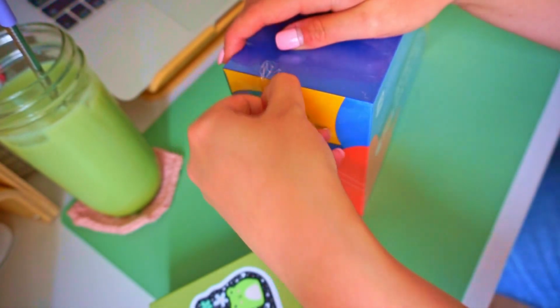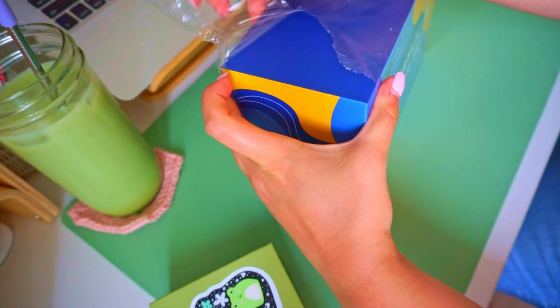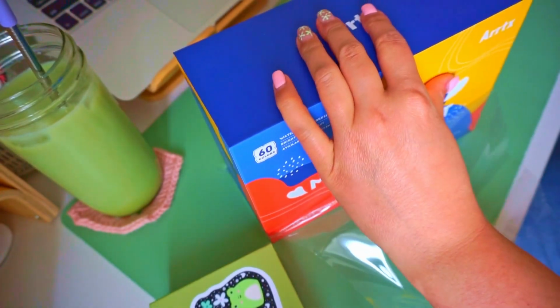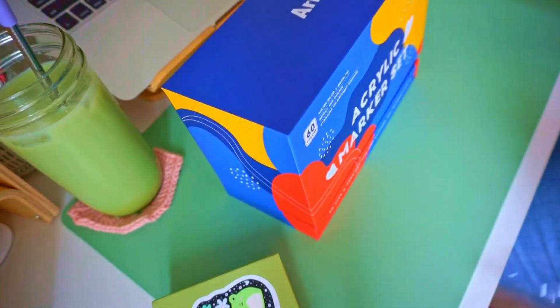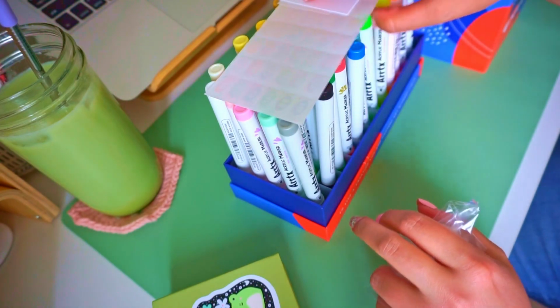And I got the Art X or Artix, I don't know how to say it, acrylic paint markers. This was the star of the sketchbook. This was the medium that I gravitated the most towards. I feel like I should have known I would love these this much, because I have this small set of